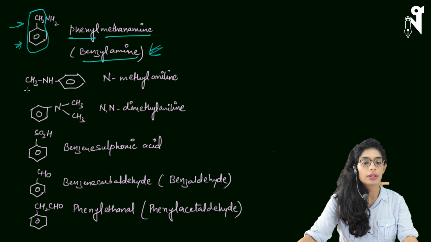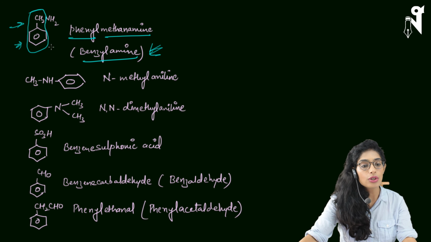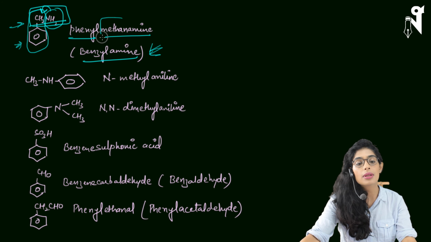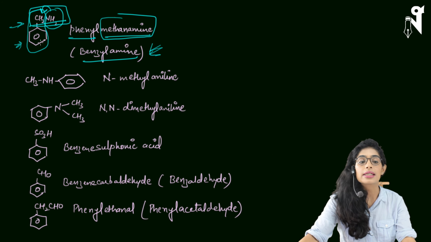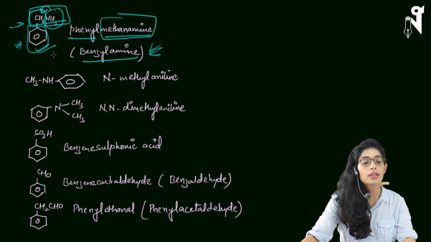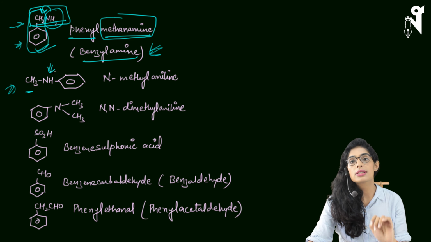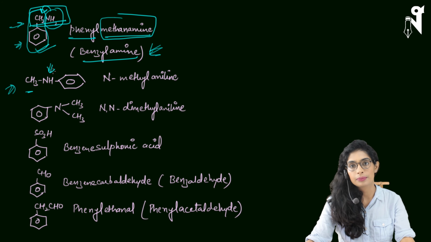Now here, if you look at the NH2, NH2 is connected to CH2. So this is the carbon chain. And here the nitrogen is connected. That's why this carbon chain is named methanamine and benzene is acting as a branch. Now look at another compound. What we have is CH3, and we have a secondary amine. So nitrogen is attached to the carbon chain also, and nitrogen is attached to the benzene structure also.